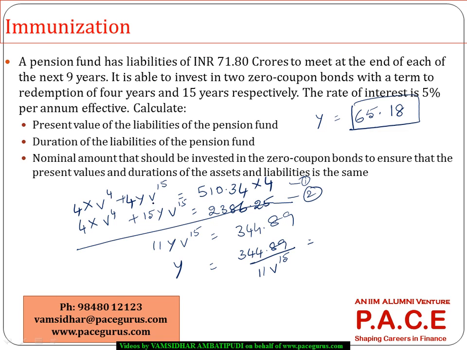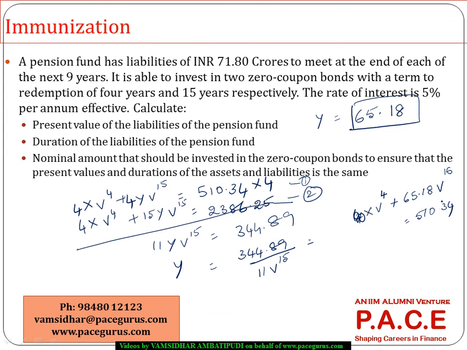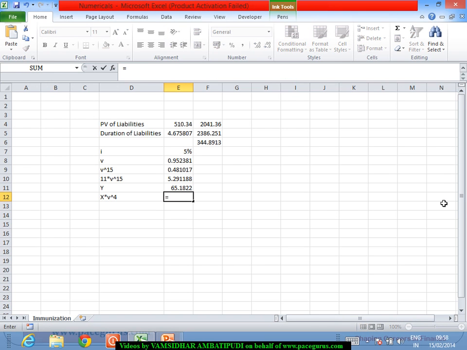You substitute that number back into your first equation: x v^4 plus y, which is 65.18 v^15, is equal to 510.34. So x v^4 is what is coming out as 510.34